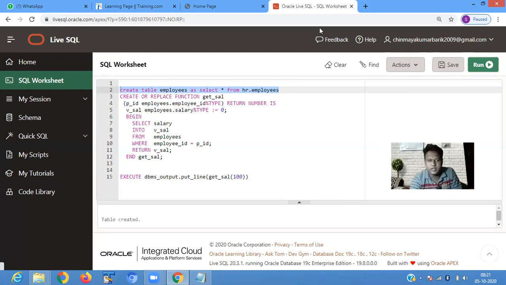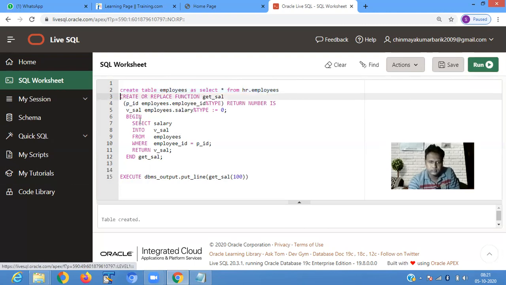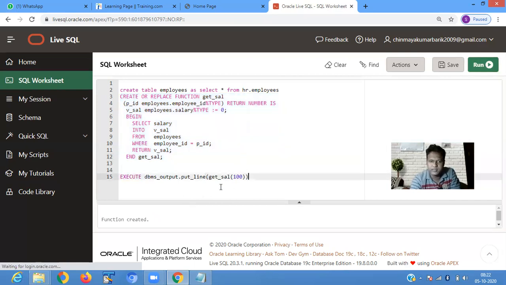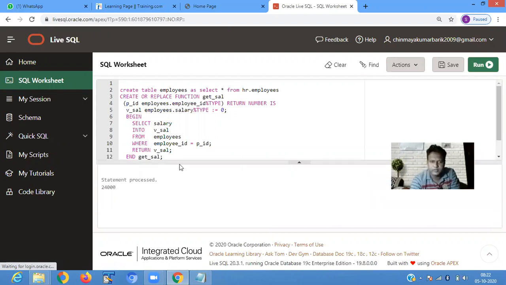Creating a table employee, then creating a function, create or replace function get_salary, then executing it, means at runtime, by passing a value 100. It is showing you 24,000.